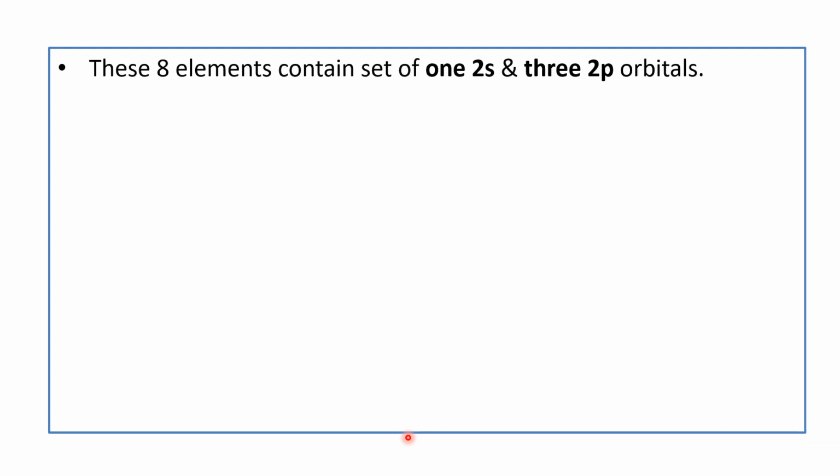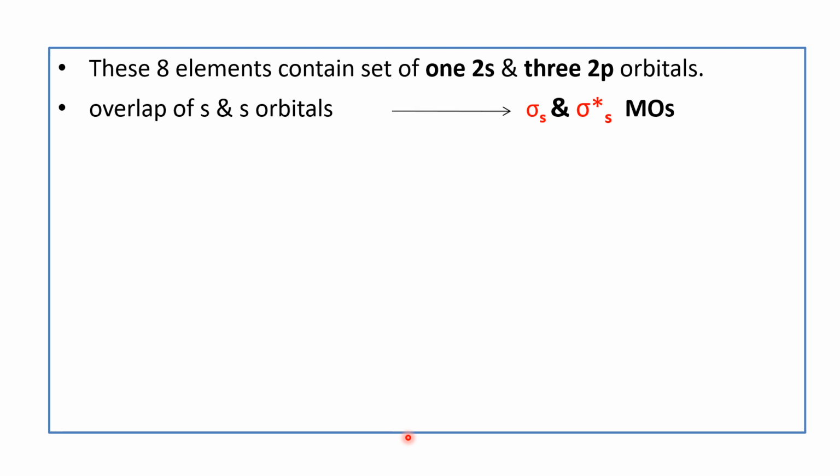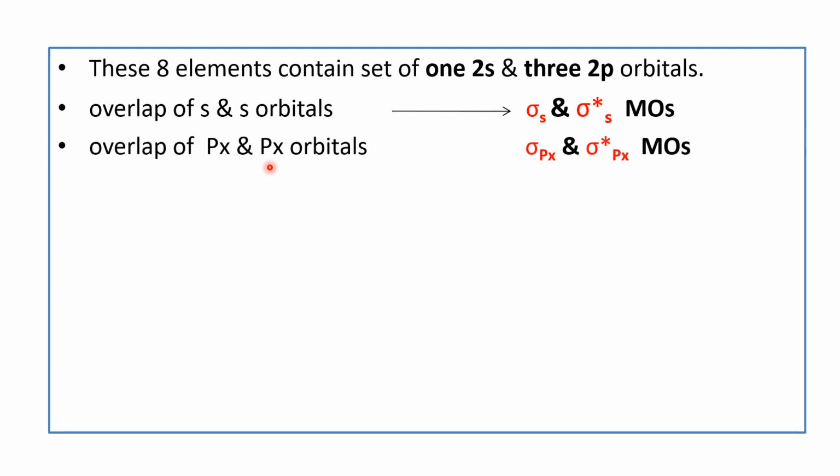So we can say that these 8 elements contain a set of one 2s and three 2p orbitals. When these atomic orbitals undergo overlapping, they form molecular orbitals. First of all, when there is an overlap of s and s atomic orbitals, it results in the formation of 2 molecular orbitals, sigma s and sigma asterisk s, that is a bonding and an anti-bonding. Second, when there is an overlap of px and px atomic orbitals,